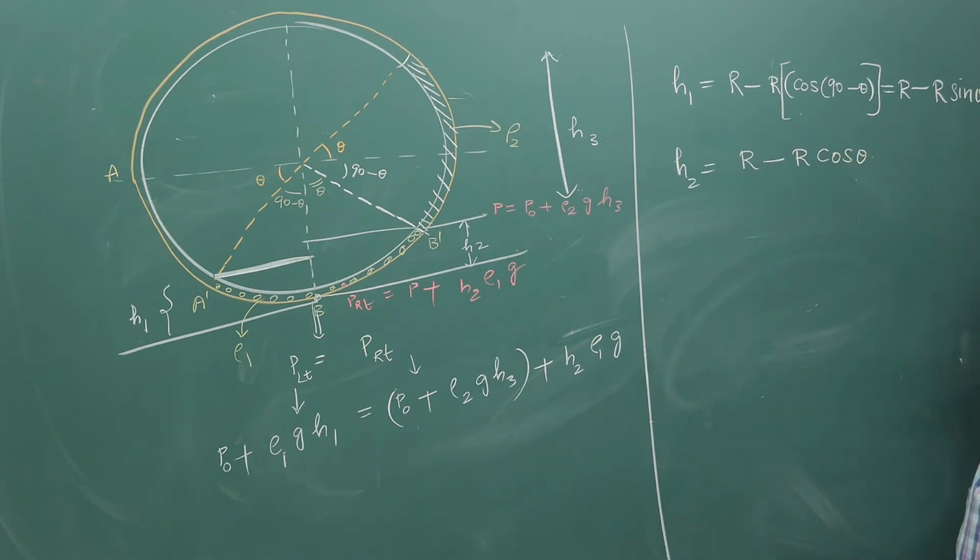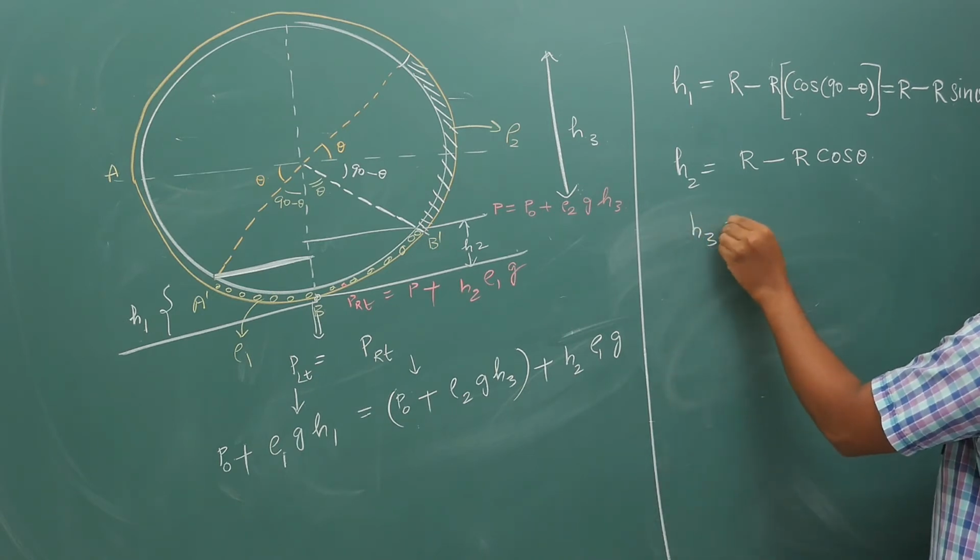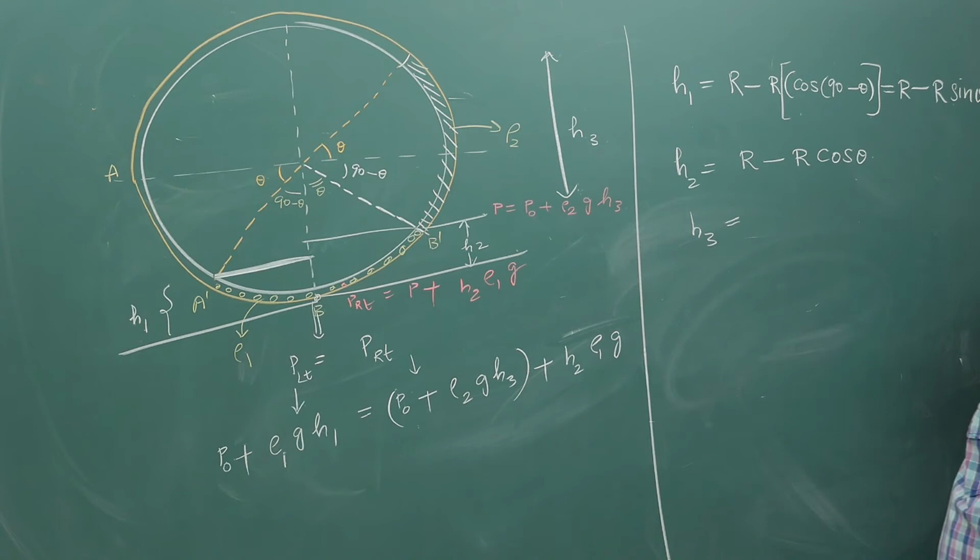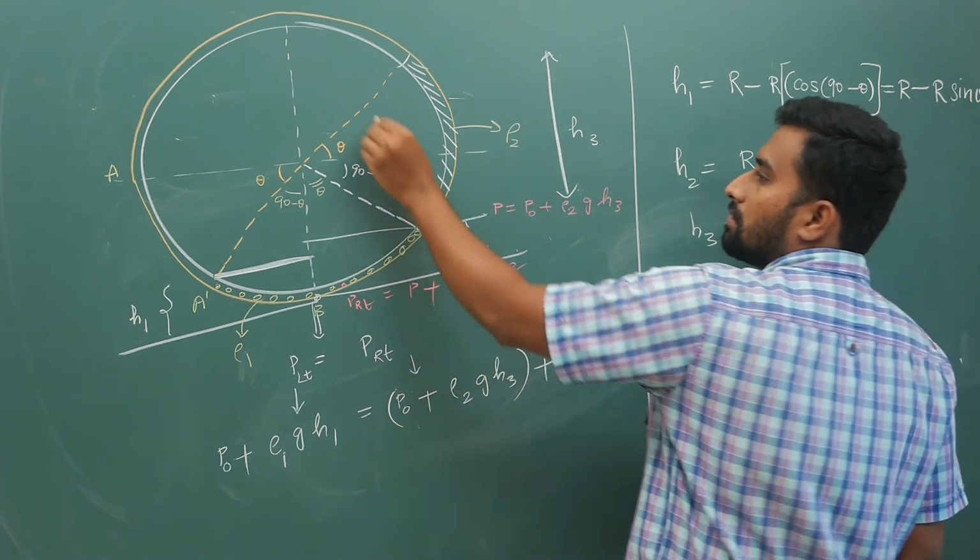Okay, your H2 is r minus r cos theta. Right? Now next, your H3. H3 height is,